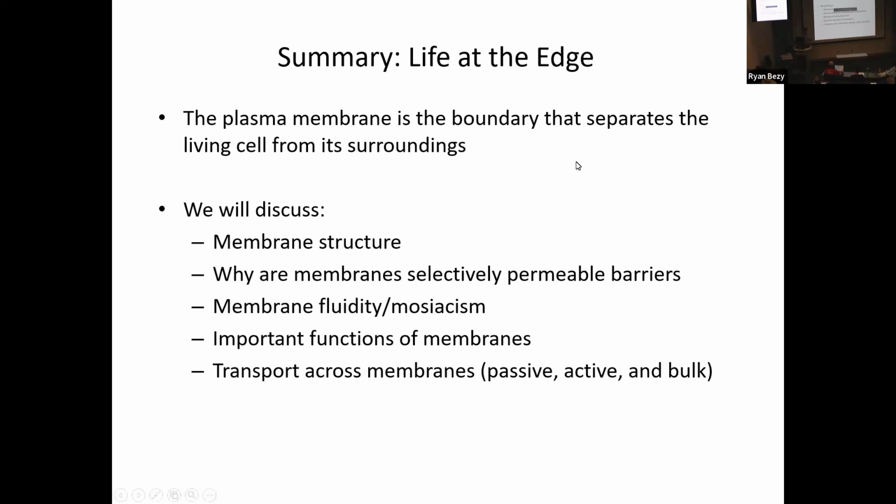We're going to start now material on chapter 7. Last lecture we talked a lot about lipids. Well, lipids are going to be a main thing that we're talking about with chapter 7 material as well, because we're going to be talking about membranes. And one of the components of membranes is lipids, or most specifically phospholipids. So we're going to discuss membrane structure, membrane permeability, fluidity, mosaicism, important functions of the membrane, and then finally transport